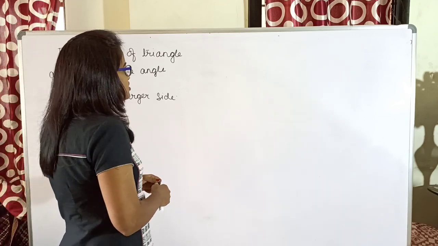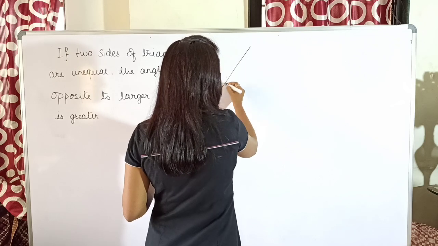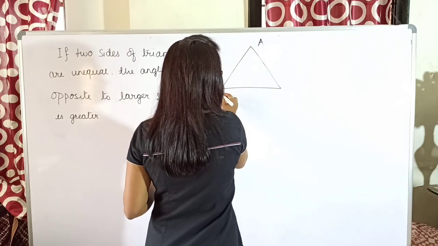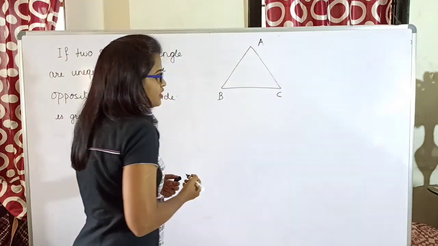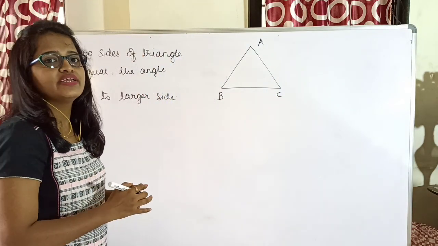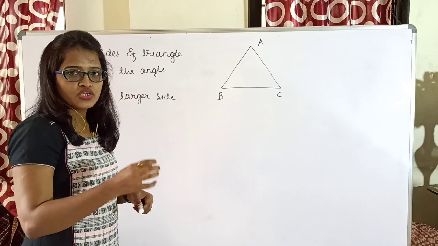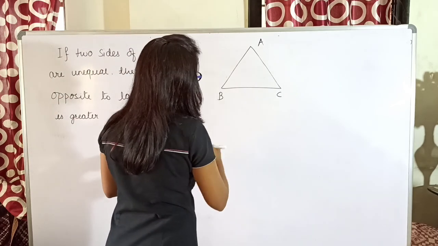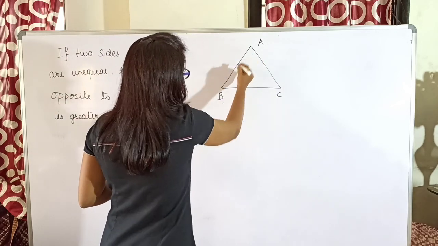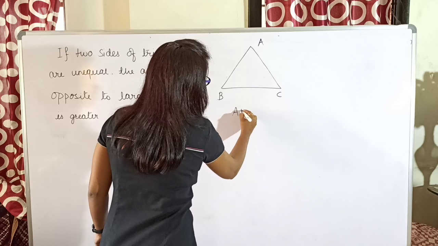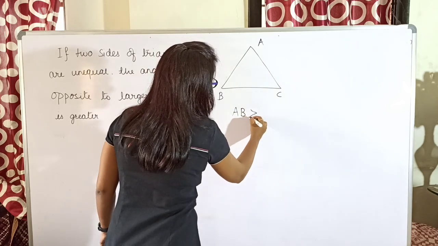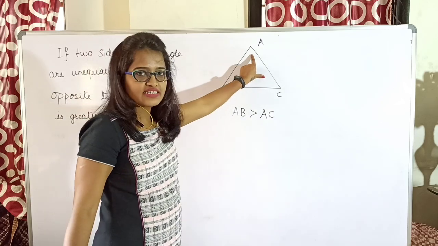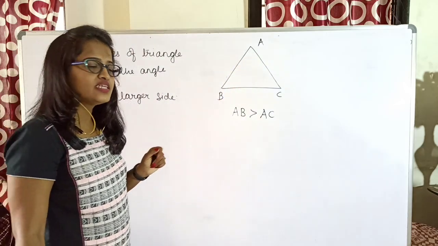Meaning, suppose I take a triangle ABC. Okay, so we are going to see the inequality relation in the triangle. Here you will be considering only one triangle, in which I say that side AB is greater than side AC. So what will be the relation between the